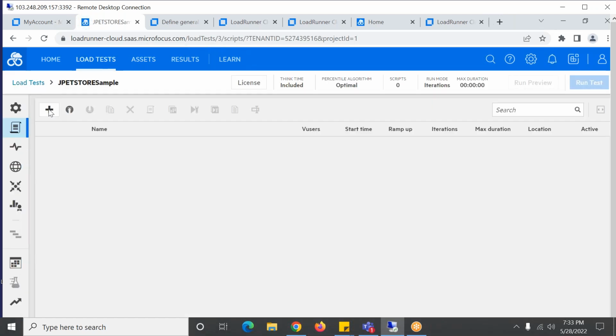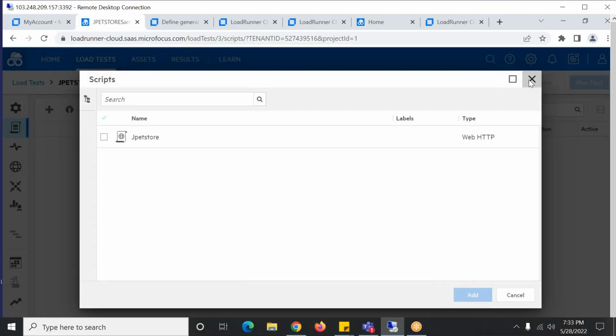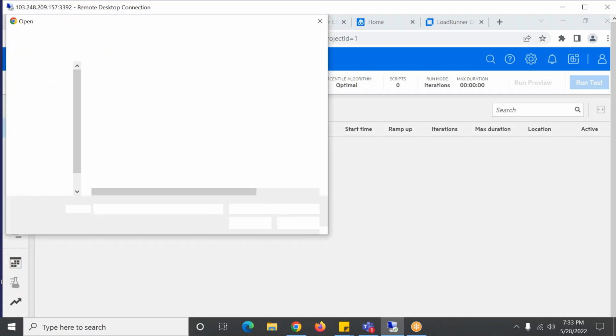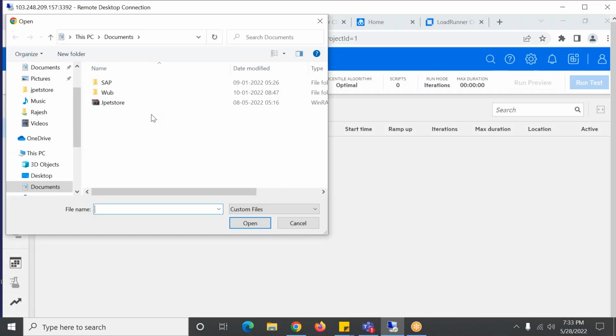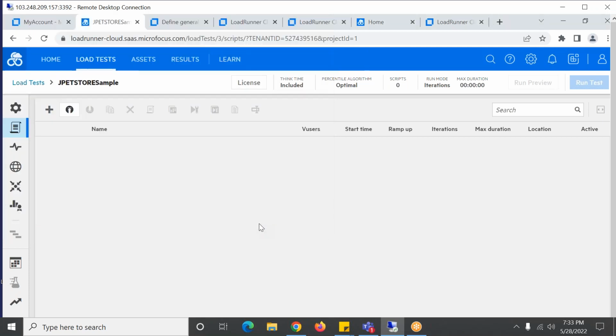This plus option is, if your script is placed in assets, you can upload from that. And if you don't want that, you can upload freshly. As you know, the JMeter script can't be uploaded directly. It has to be zipped. Everybody is aware, no? Yes.